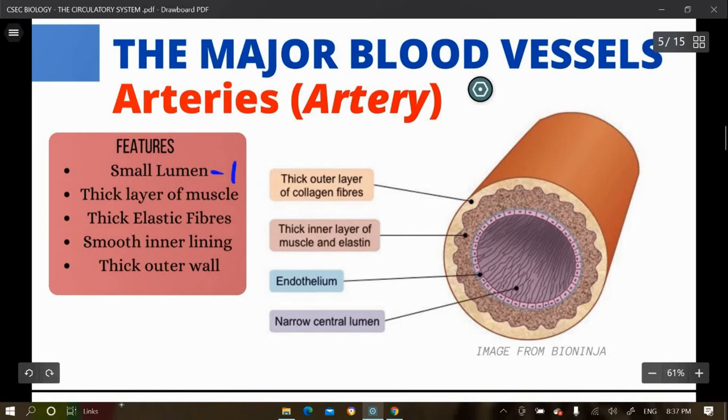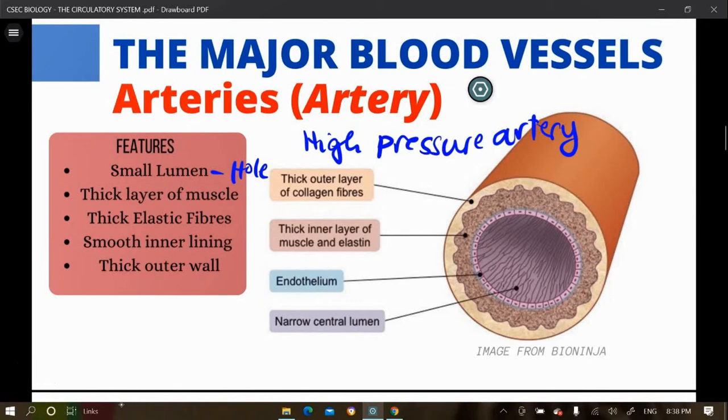So lumen, hole. The thick layer of muscle that surrounds the lumen helps the artery not to rupture, I should say, because blood is pumped at a high pressure in the artery. If you want to remember this, and you should want to remember it, you can always reference the aorta, because